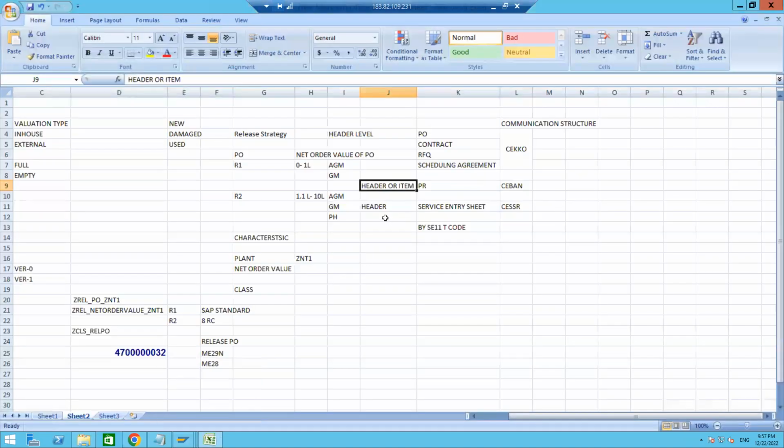The same process, the same SE11, you have to use for getting the field name. Only the communication structure is changed. For service entry sheet, CESSR, for PR, CEBAN, and